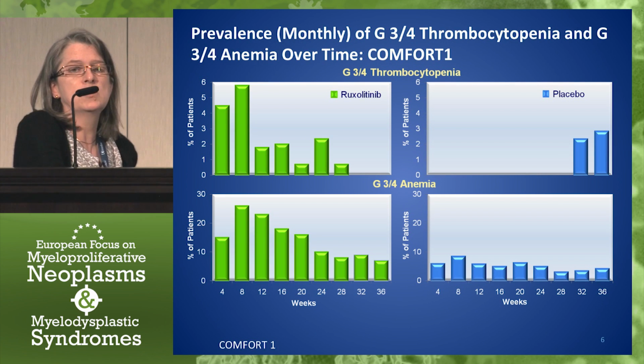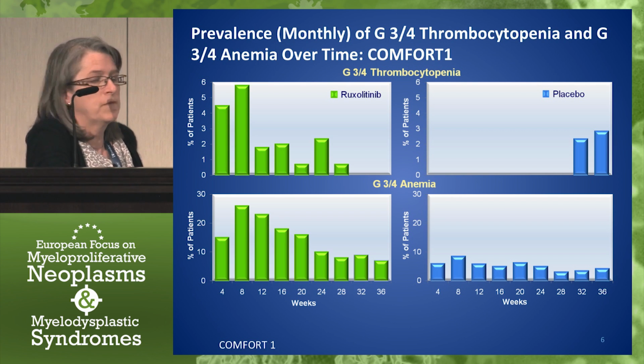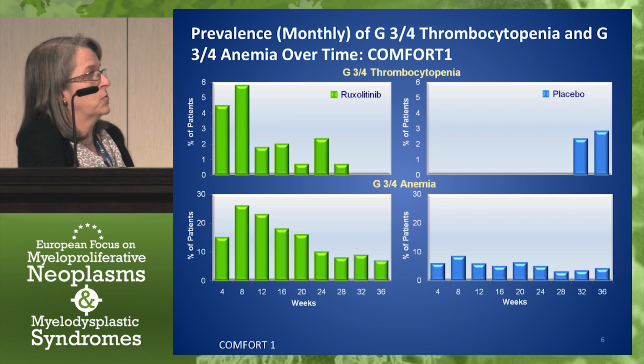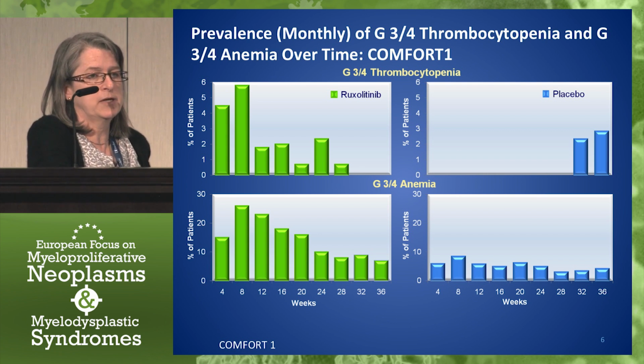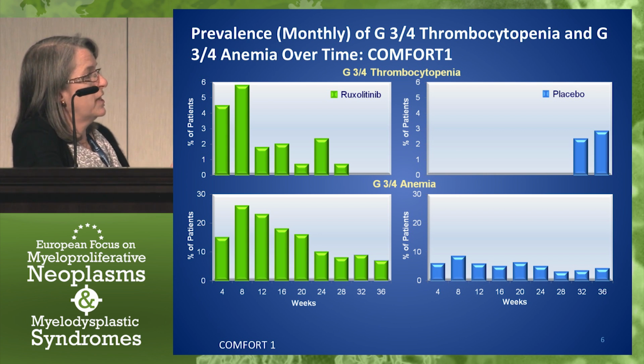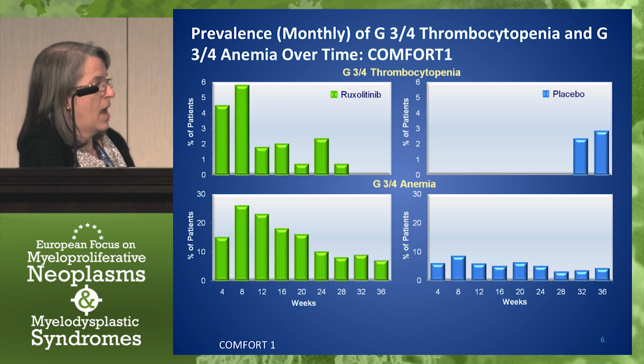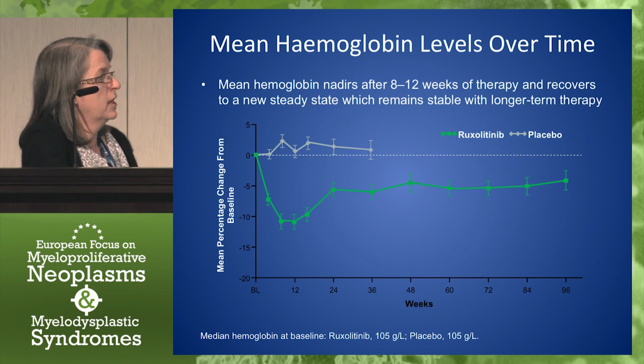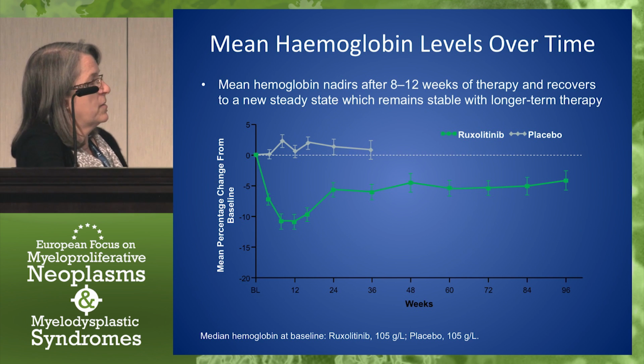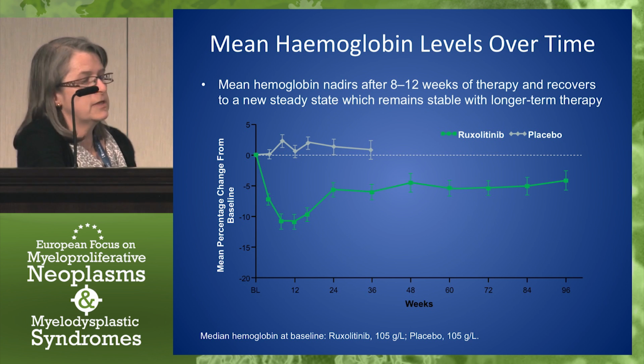What we perhaps really want to look at are some of the hematological side effects which occur. Here, again, this is Comfort 1, but you get a similar picture across these studies, where you see that on ruxolitinib compared to placebo, you get more grade 3-4 anemia over time. And this is a particular issue. This picture shows what happens when you start patients on these drugs: they get a fall in their hemoglobin,